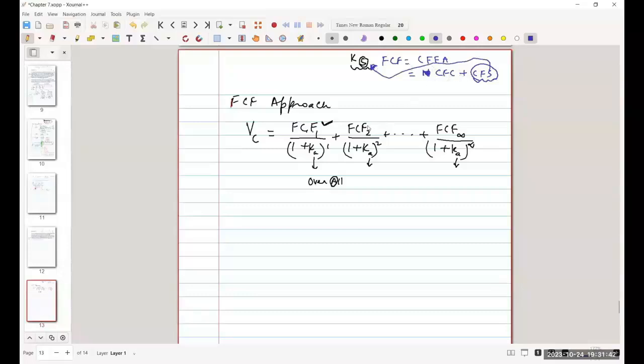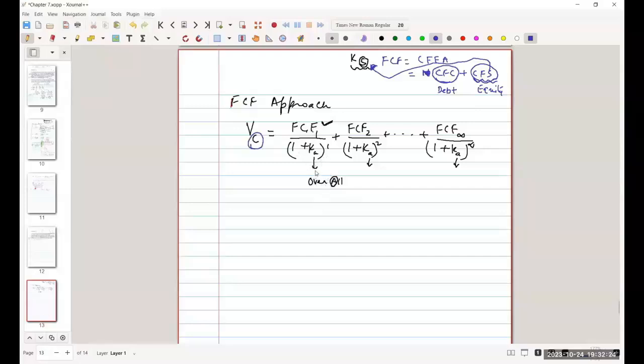But this time when we talk about free cash flow, it's not only the stockholders who are in the picture, but our creditors also are in the picture. If these are the equity guys, then these are the debt guys, the people to whom we owe money. So it's the whole set of stakeholders that is at play here when we talk about free cash flow. That's why we have written here that the whole company is being valued, and the free cash flow belongs to the whole company. And so therefore,